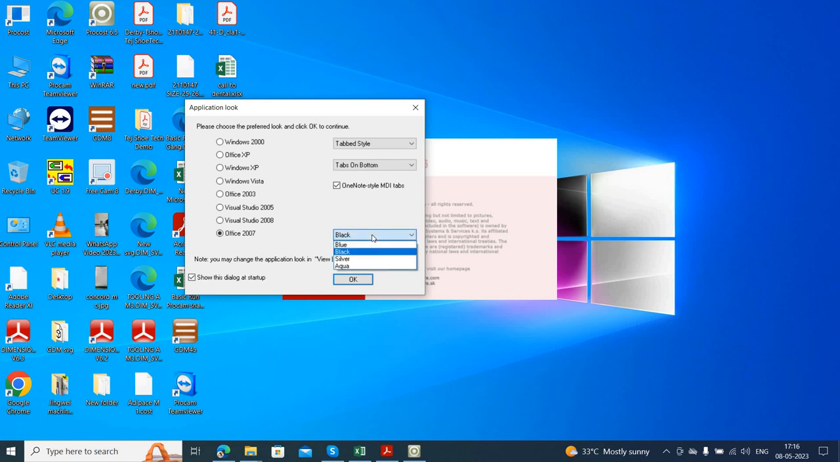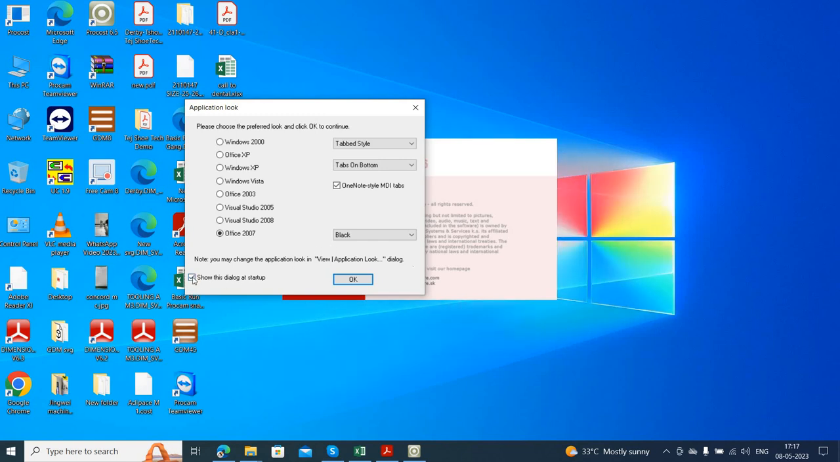You can also set different kinds of color settings. By default it is black; blue, silver, aqua, a lot of options are available, so I will select this black one. And then you can also switch off this dialog at the startup. If you switch it off, then the next time when you double click on this, you will not be able to see this